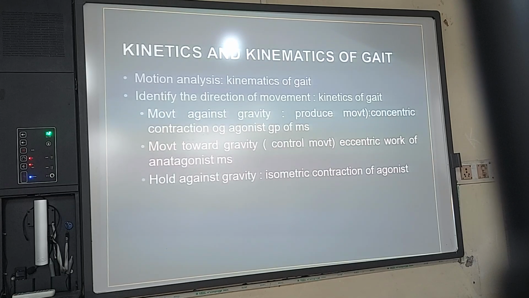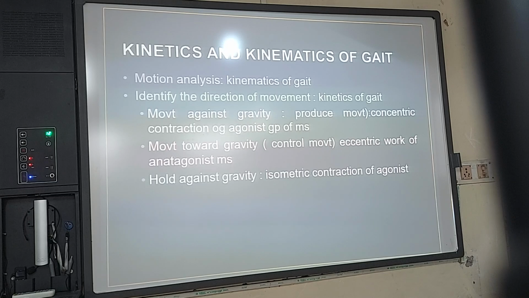I have taken out this table and given it, okay? Now you should remember, do not mug up this thing. You only remember the angles. That is, what movement is happening, if it is 30 degree, whether this 30 degree is continuing, that means they are neutralized, you have to think about it, or the angle is reducing or increasing, you have to see for that. You need to see also the ground reaction force, whether it is anterior or posterior. Then you need to apply this formula. Which contraction of muscle will take place?